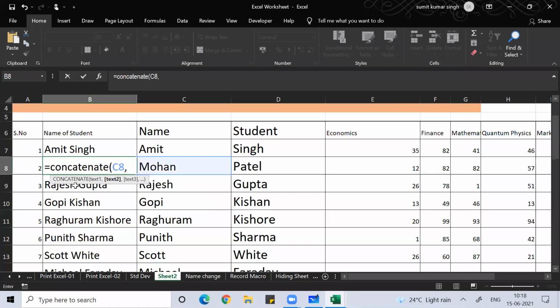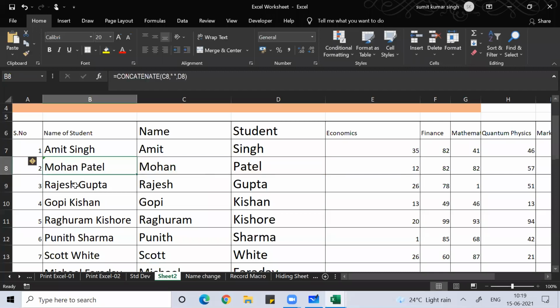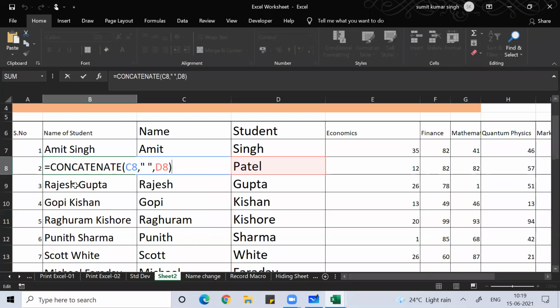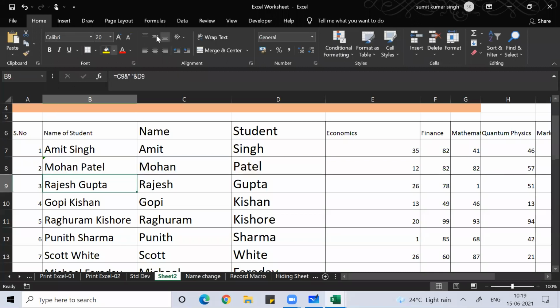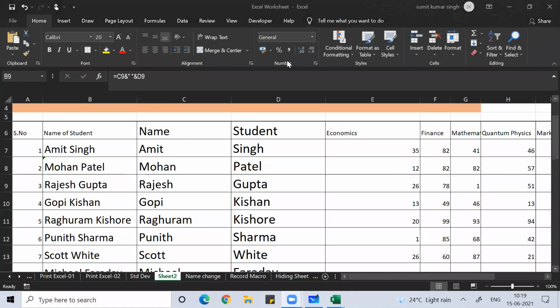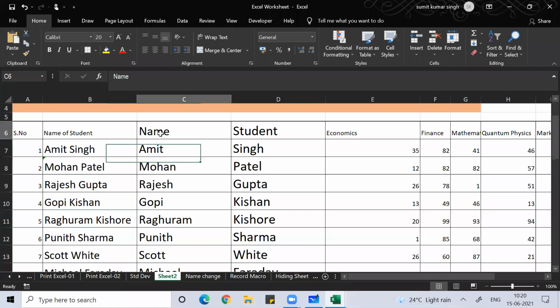Click on this cell, comma, double quote, space, double quote, comma, click on this cell. Done, everyone. So this is one way you can do that.